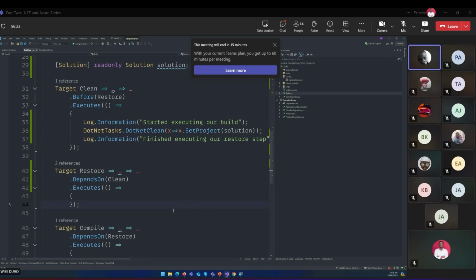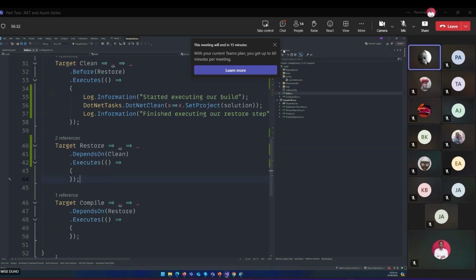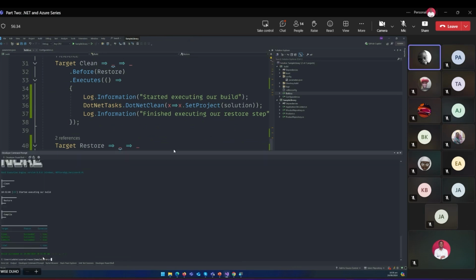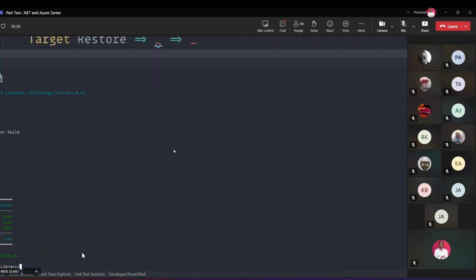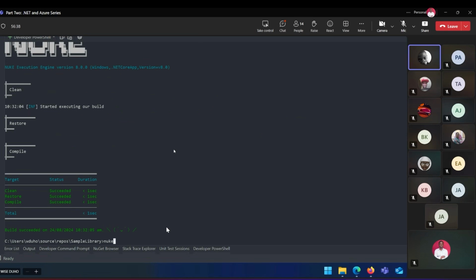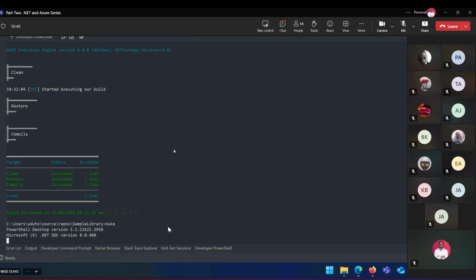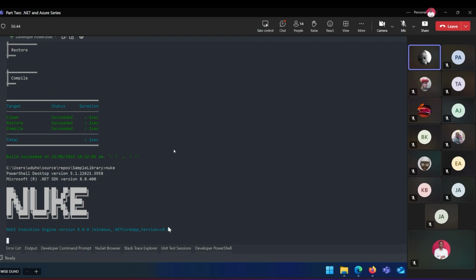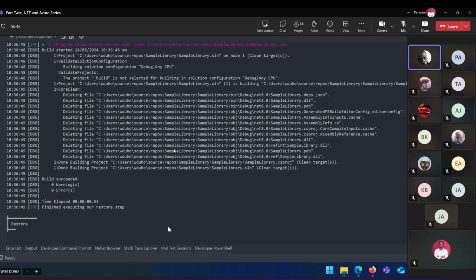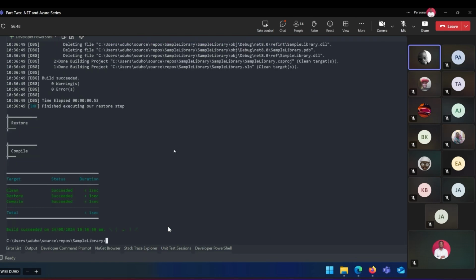Before we do that, we want to do another one thing, right? No, okay, let's build this first and we'll introduce that later. So we execute our nuke command again. And this time around, we should see more than just our clean